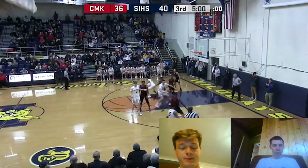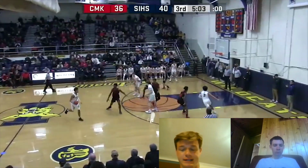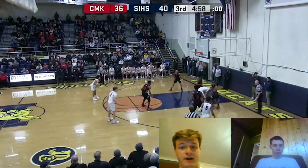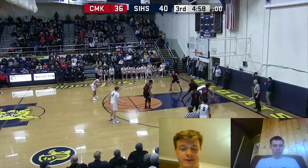So sometimes I just put the ball down way too early, and we worked on just getting the ball in the post and kind of surveying around, just waiting for the double team. And my teammates did a great job of calling it out. But that time I just put the ball down way too early, and then the little guard came in